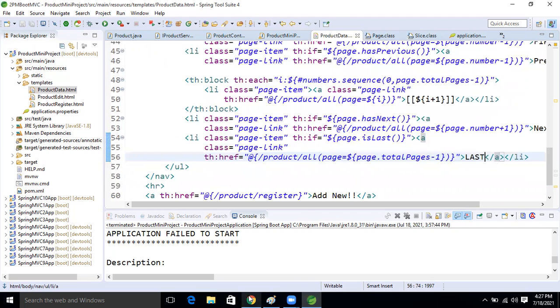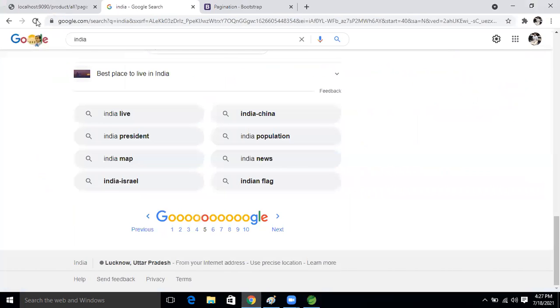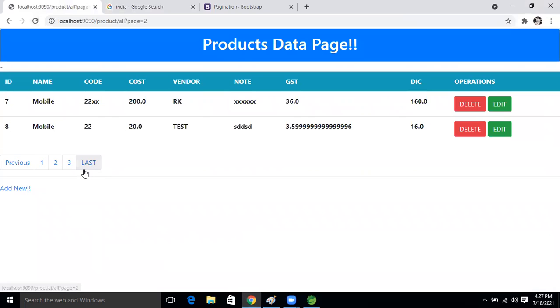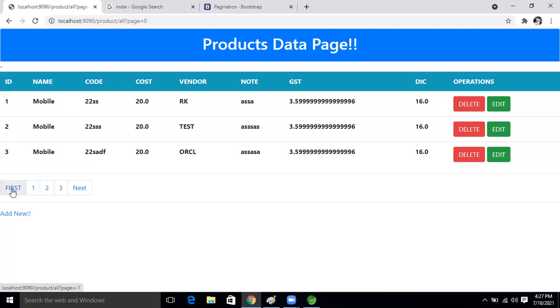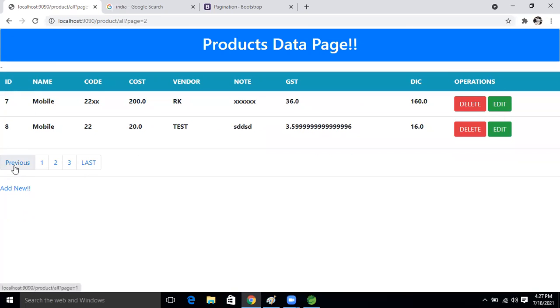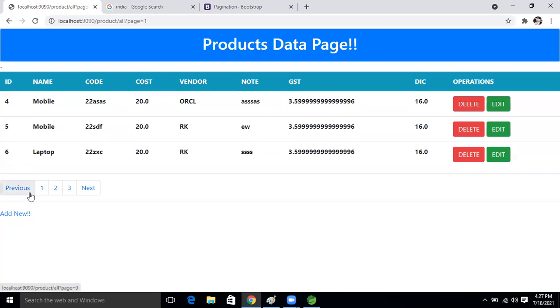Okay, good. So now come to our application, right? So here just refresh it. See this last, L-A-S-T. Last spelling is correct, right? Last. Yes. But here we are not, yes, correct. Here first we are not getting. Yeah, we are getting, guys. See this. If we are there in the third, right, we can come to the previous, but what is that something?